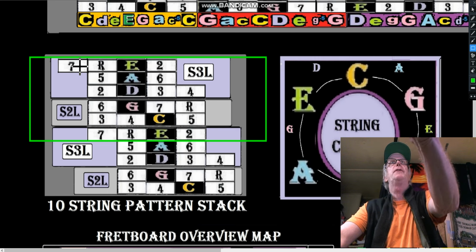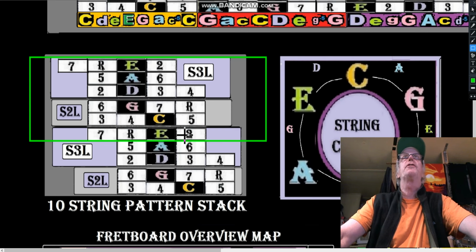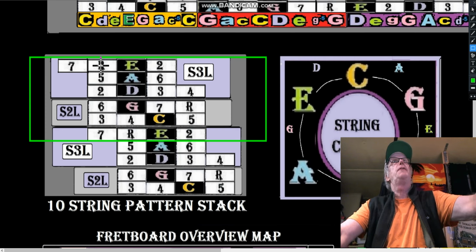What happened to our 7? So this is P4 tuning. And by the way, when you go straight down, it's in fifths. So root to the 5 is a